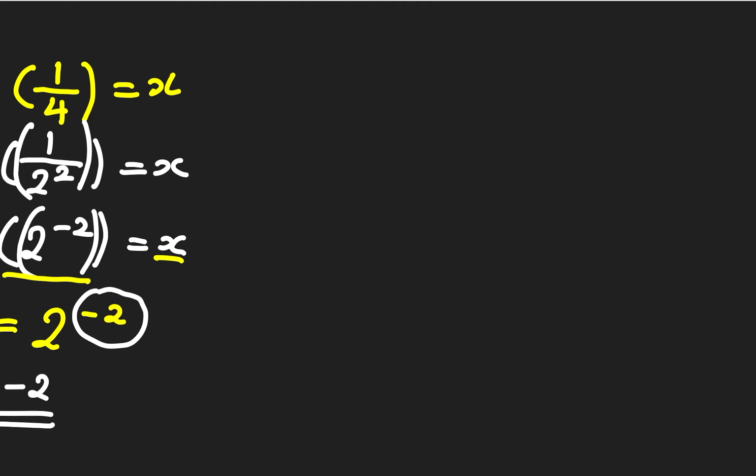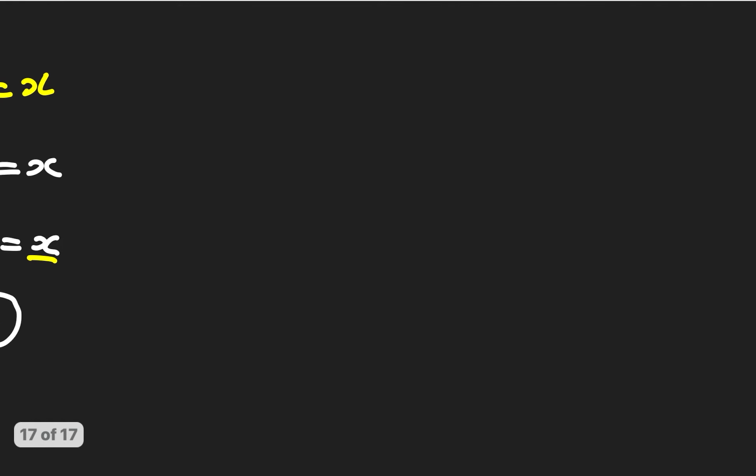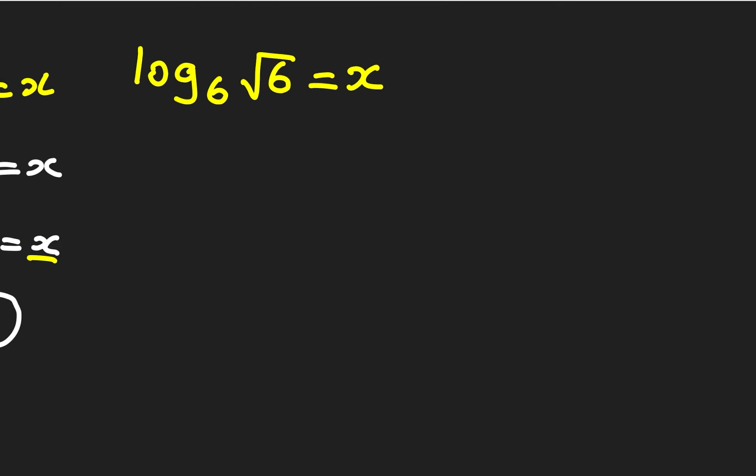Let's incorporate the roots and the surds. So log, and then you would have base 6, and let's say root 6, and of course equates to x. How do we format this into an exponential? So we would then have 6 power x is equal to root 6, but we couldn't just directly get the value of x from here. So instead,